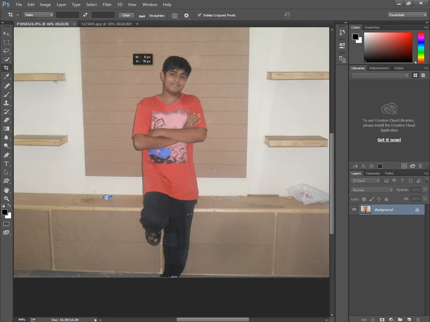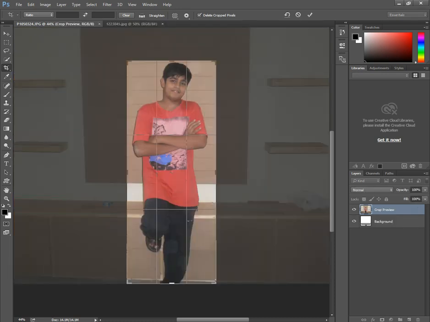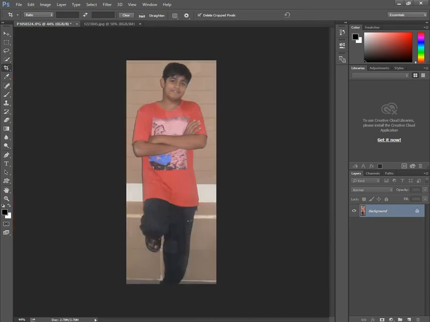remove the extra image part from the image like this. Click OK. All the remaining area of the image is removed with the crop tool. Using the crop tool, I select this area and then I delete that area. After this,